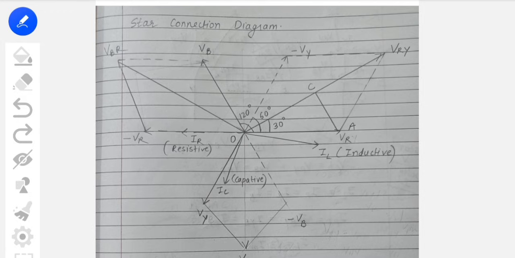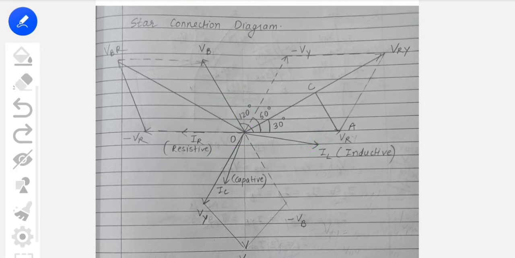So this was all about the phasor diagram. And also don't forget to draw the current. Okay, if you consider resistive, this will be IR, and if the complete diagram is of resistive, you have to show the current along the voltage only, because they don't have any phase difference, right? So you have to show it like this only for resistive. But if it is for inductive, you have to show lagging every time. Here it will be lagging, then here lagging, here lagging. Okay, so this is how you show lagging.